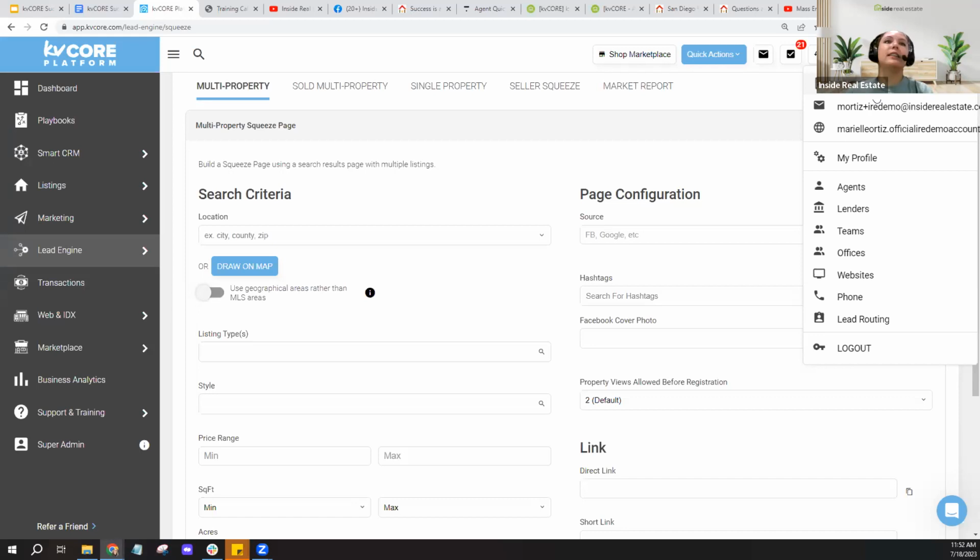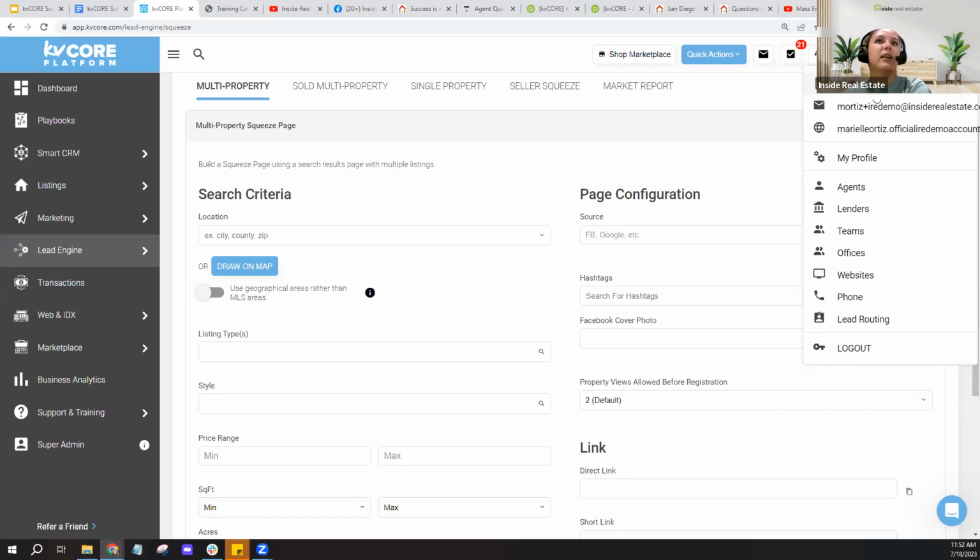Now, last but not least, we do want to introduce that smart number to our current contacts, but we don't want to hand the smart number out to, say, new leads without the use of probably a text code. And don't worry, we're going to learn about squeeze pages. I hear you in the chat. I just want to make sure I'm answering this question first. But we don't want to offer that smart number necessarily to our brand new leads in KV Core,